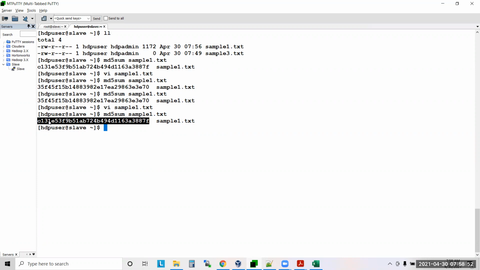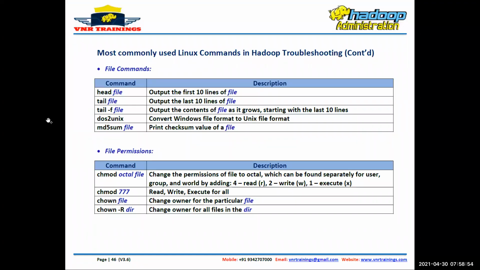Guys, Linux commands are also a little bit important nowadays in interviews. In some interviews people are asking, what Linux command do you use to do this? What Linux command do you use to print a file, copy a file, move a file, or change the IP address of the machine? All these things are very, very important, guys. Please don't neglect. Linux is also important for us to learn Hadoop.